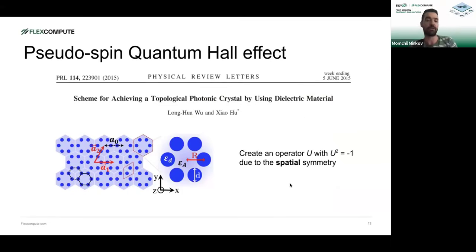Essentially the authors showed that you can devise an operator which is related to the C6 symmetry of the crystal shown here. And so it's a spatial operator, but it has the property that U squared equals -1, specifically for some of the modes. So if you isolate your study to the part of the band diagram that is governed by the modes for which this U squared is equal to -1, you basically have created a pseudo time reversal symmetry that squares to -1. And that's associated with a pseudo spin,